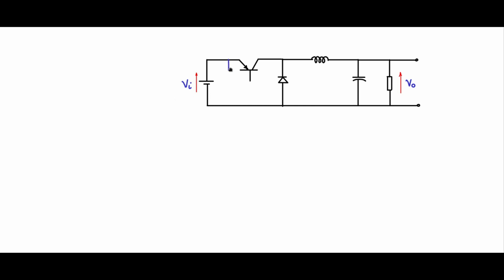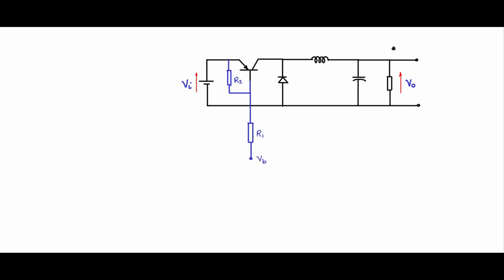Now for the PNP base drive circuit we just now saw, from the emitter to the base, let us put a resistor. There is a resistor from the emitter to the base, and from the base to VB, that is the source from where the signal is coming, we put another resistor. So this is our simple 2 resistor base drive for PNP, which is driven from the rail. This is positive, this is R1, this is R2, and this is VB. Now what to give here for VB? Let us see how we can give VB.